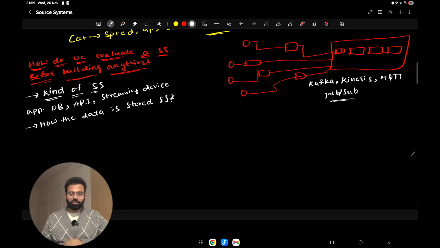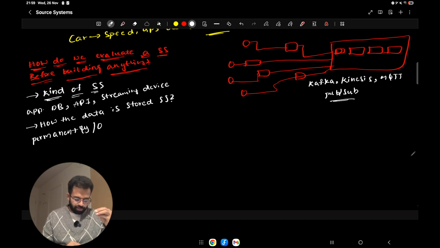Gone means gone. So you need to understand how the data is stored, whether it is stored permanently, or it is getting overwritten, or maintaining only the latest data, or it is getting deleted quickly.